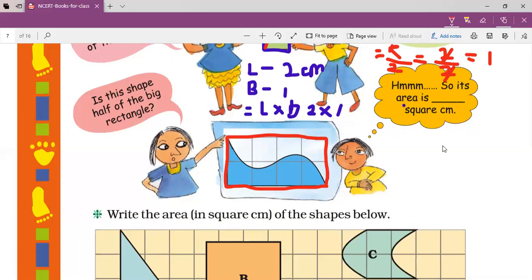Okay. So the yellow girl, what is she saying about its area? Now we have to find it. So let's see. Tell me, find the area of this rectangle first. What is the length of this rectangle? Length is equal to 2 centimeter. And breadth is 4 centimeter. So what is the formula of area of rectangle? Length into breadth, so 2 into 4. 2 fours are 8.